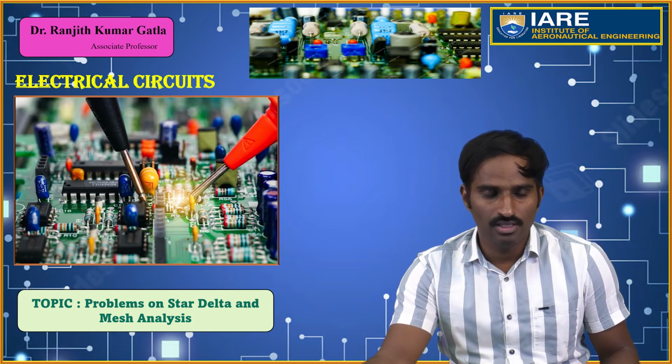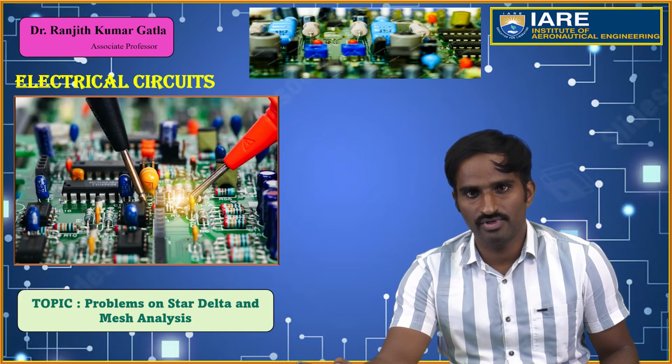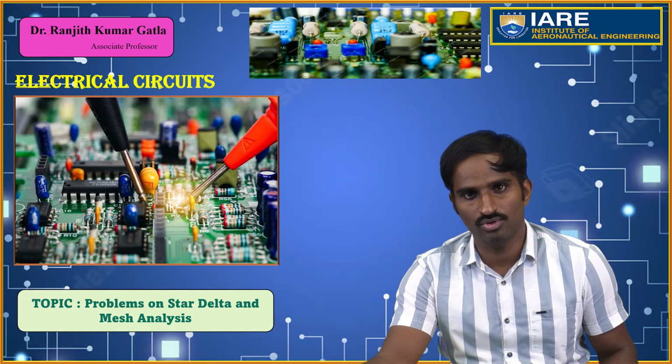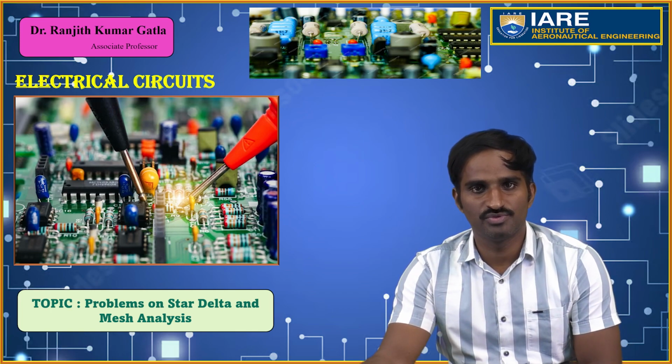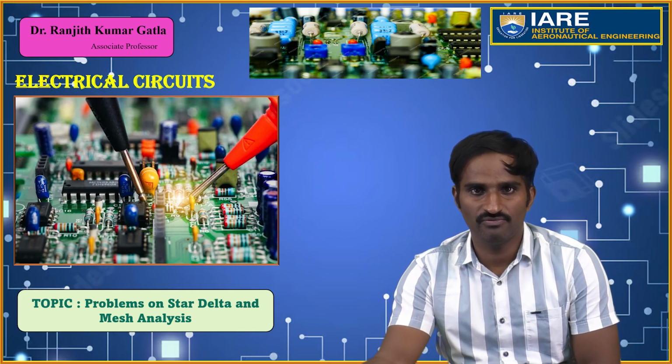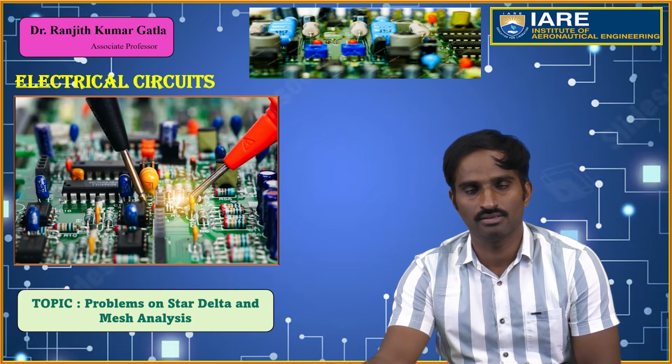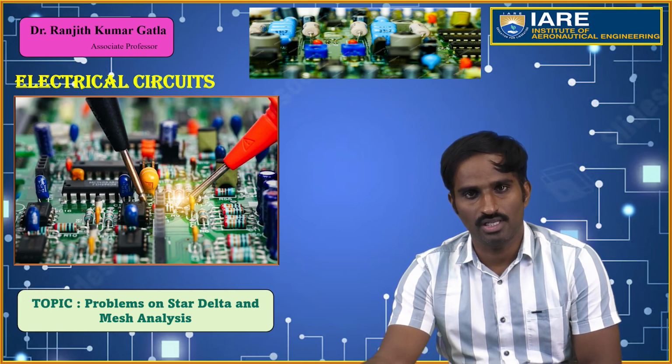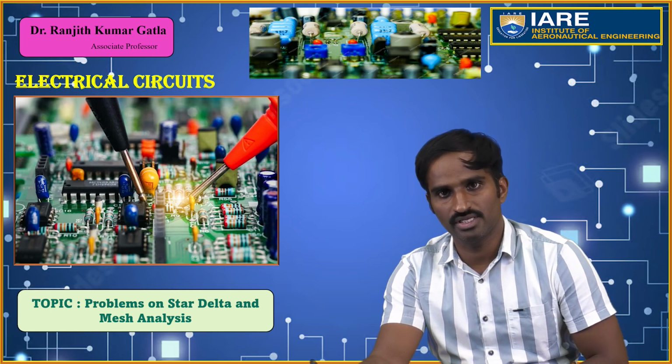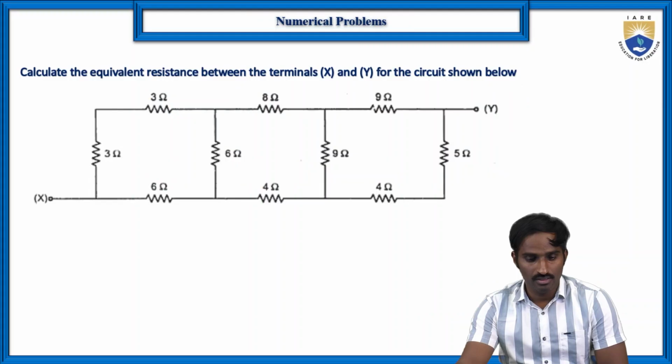When we discussed loop or mesh analysis, we considered only circuits with two loops. Now, if there are more than two loops, how can we apply mesh analysis to evaluate the response across any element? So here, this is the